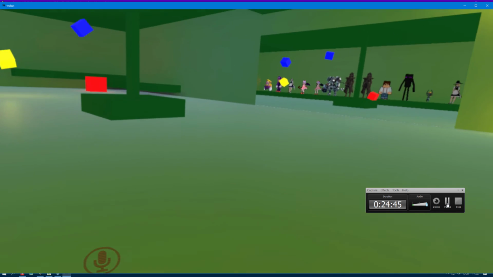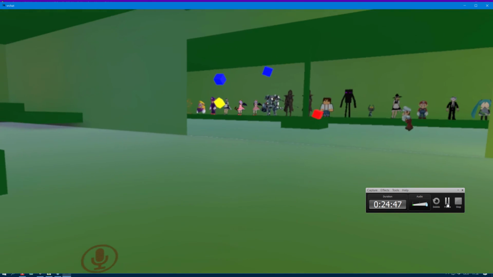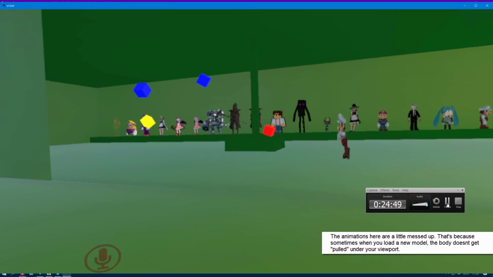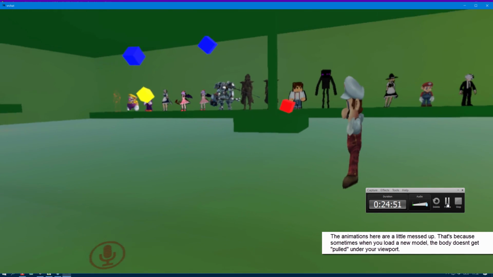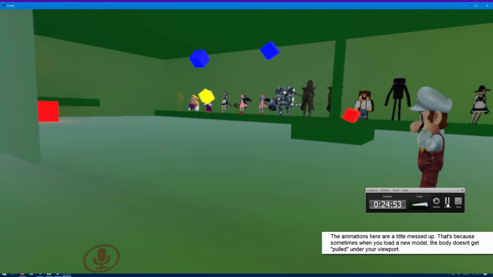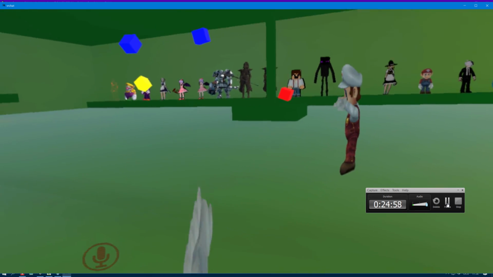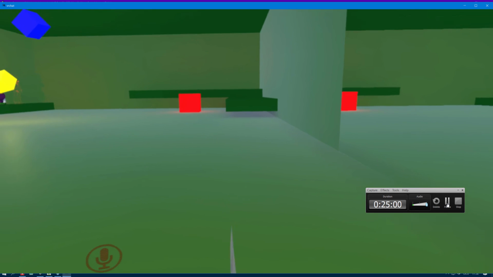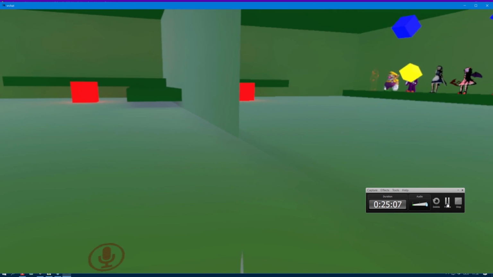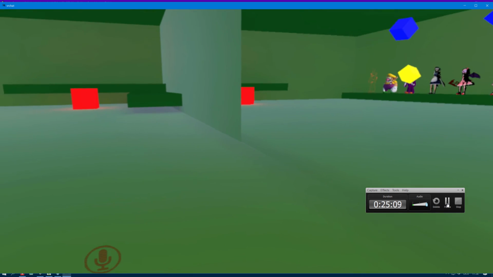But if we go over to the mirror, you can see that Mario over here is not completely correct yet, but you can see that he's rendered on the side and can actually jump or imitate or do whatever you want him to. My name is Flake, and I hope you've learned something, and I hope this helps you